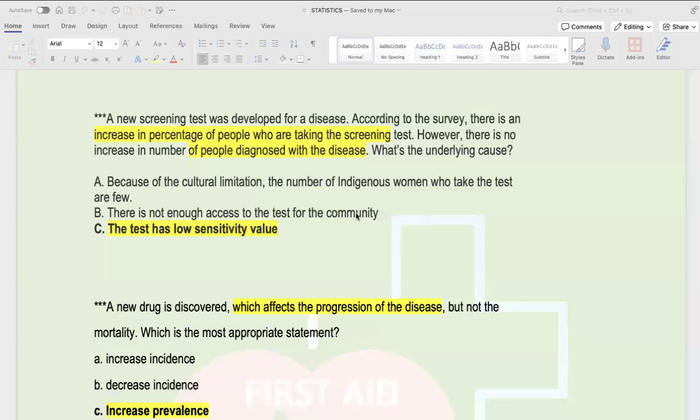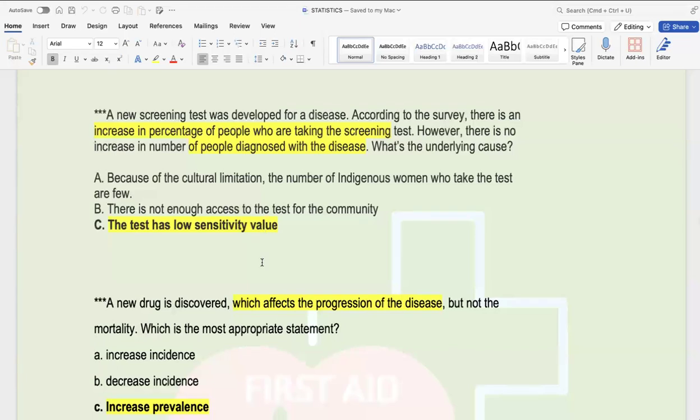Same as the cervical screening test, right? Because it has high sensitivity, that's why it is a screening test. And that's the reason we do this, because if we can find out a HPV positive patient in the earliest stage, we can actually prevent a cervical cancer. Now, in your community, people are taking the test, but the test is not able to find out any diseased people. Means it is not sensitive enough. Okay? So the answer would be test has low sensitivity.